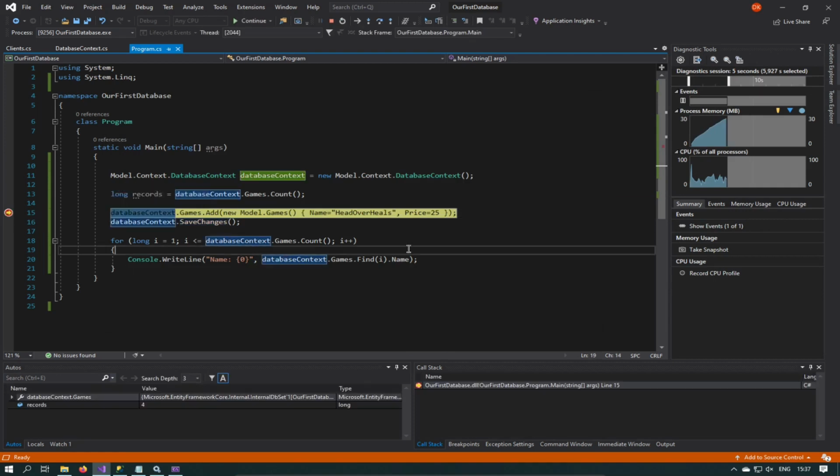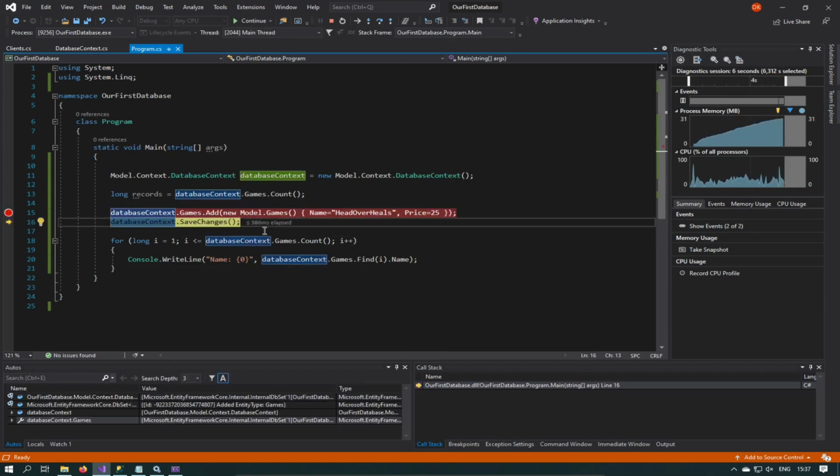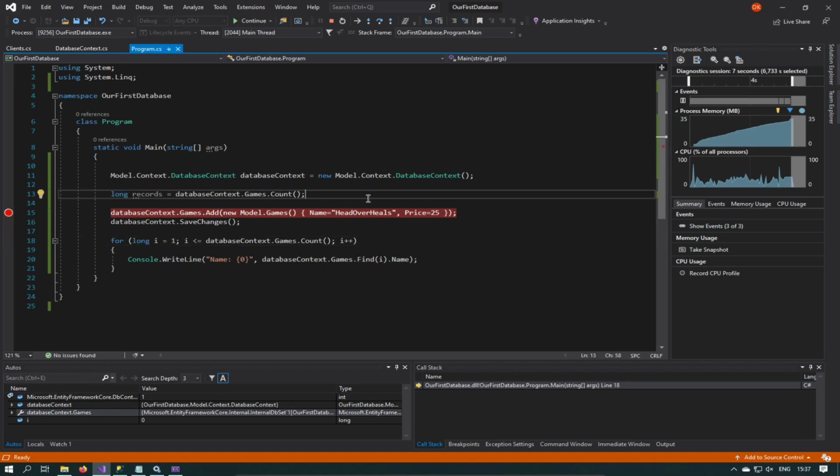Okay, so there it's broken into our code. So this is where we're actually creating the game. But we haven't sent it to the database. Okay, now we're actually saving it. And now the count should be 4. I don't know if we can hover over it. I doubt it. Yeah, no, it doesn't. But okay, let's F5 it,